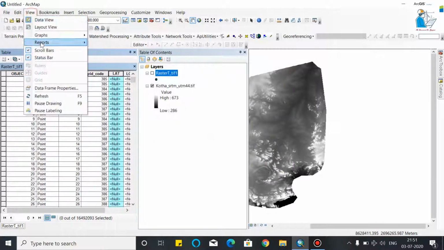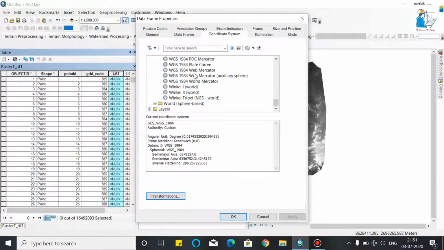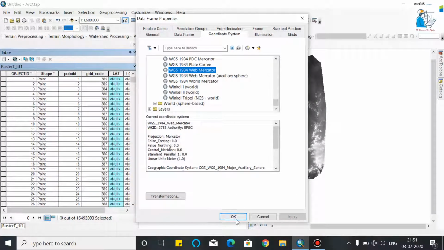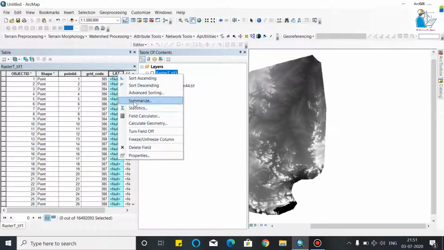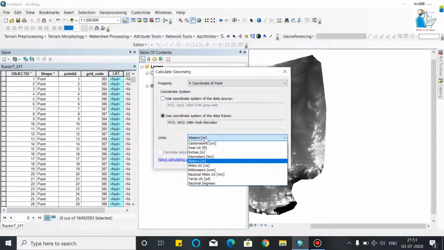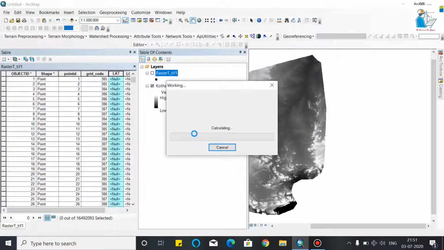I will convert to a projected coordinate system. In x, I will calculate in meters and click OK.